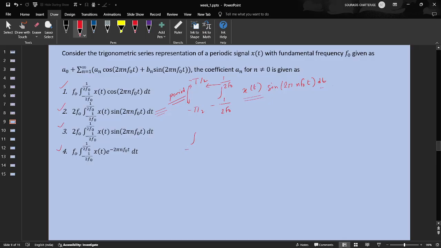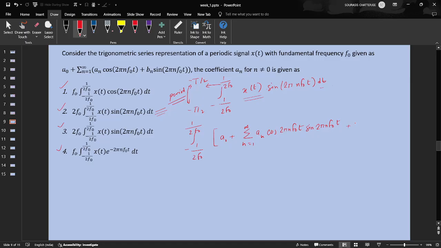We have the limits minus 1 over 2 f naught to 1 over 2 f naught, then a naught plus the sum over n equal to 1 to infinity of a_n cos 2 pi n f naught t